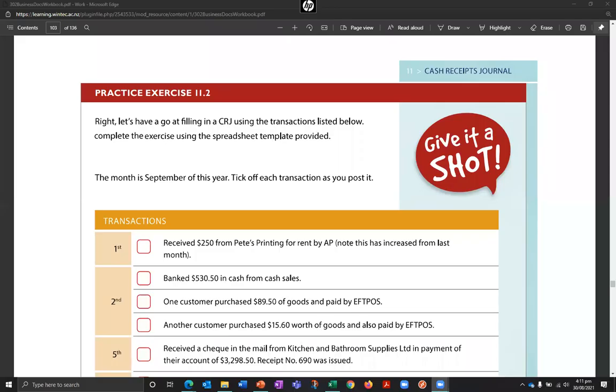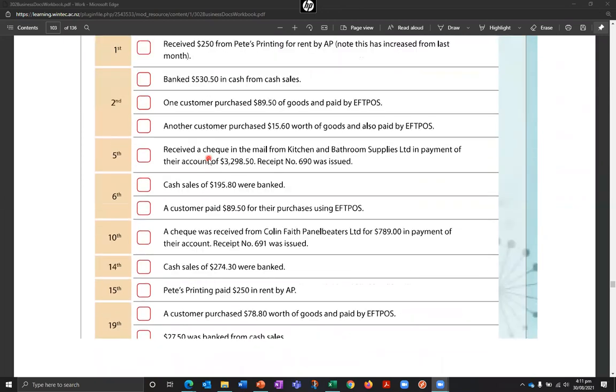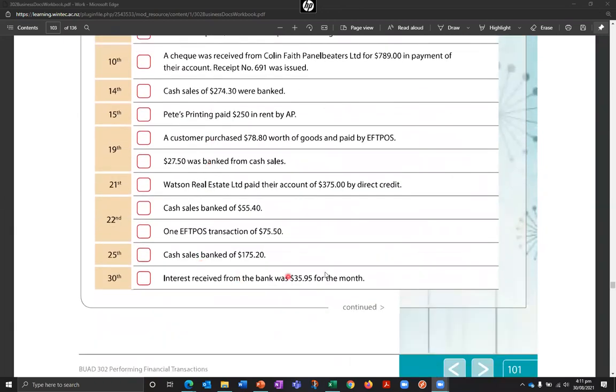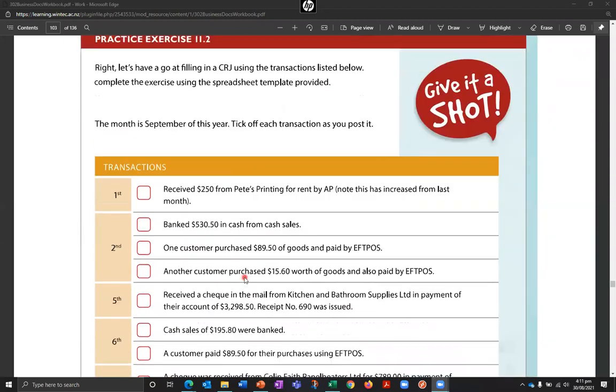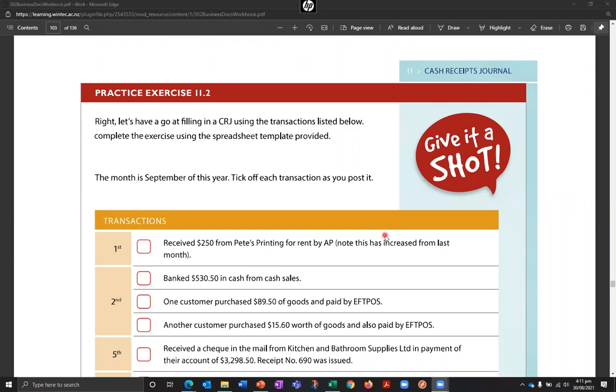So now I'm going to go step by step through how to complete our cash receipts journal. You have an exercise for this in your books on page 101. Okay, here is the month that you are to use, and here is a list of all the transactions that you need to write onto the cash receipts journal. Now, in order to complete this